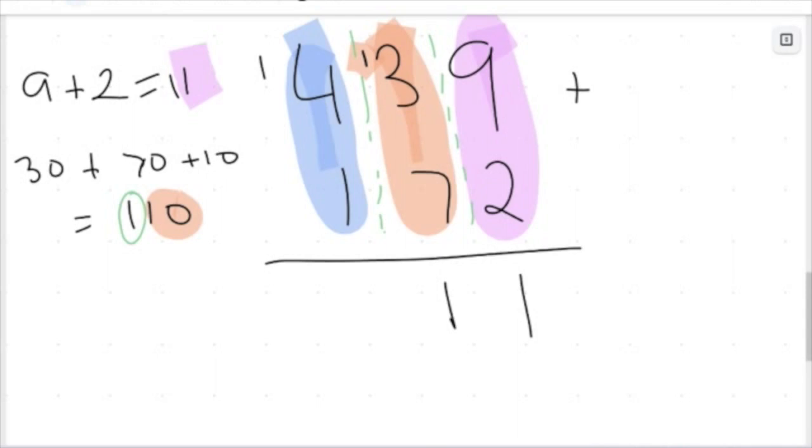Now, finally, when I add these through, my 4, my 1, and my 1, I end up with 6. So finally, I'm given an answer. I have gone through systematically, step by step in my algorithm, and I have added each of my columns separately. And this idea of carrying the 1 comes out of this idea that I have, in this case,